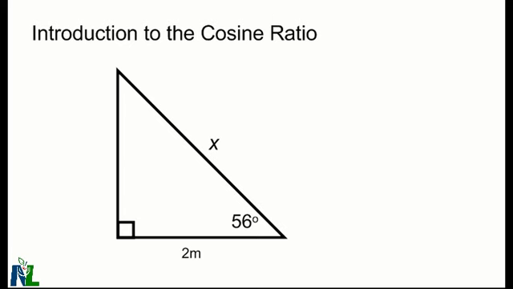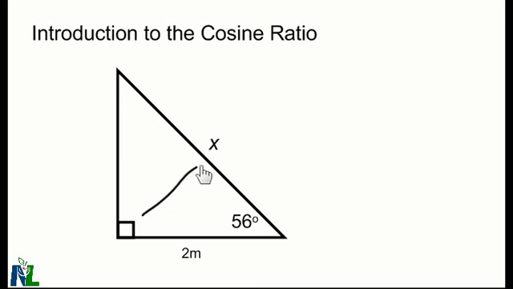Good day, everyone. In this video, we are going to look at the cosine ratio. And if we look at the triangle that's given on the screen, we will see that we have a missing measure or missing side. We see a given measure for a side, and we're also given the value of the reference angle. But if we examine closely the sides of this particular triangle, then we are going to notice that